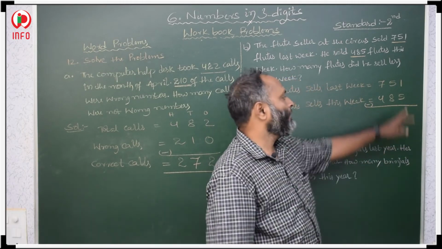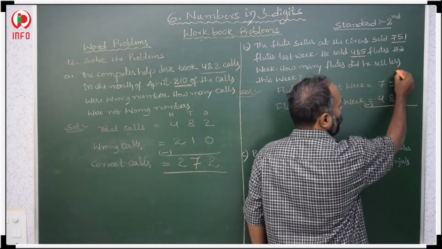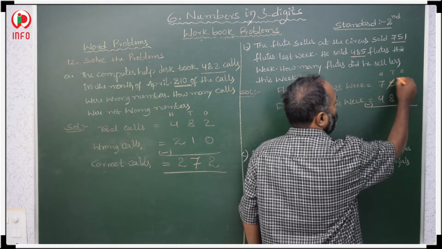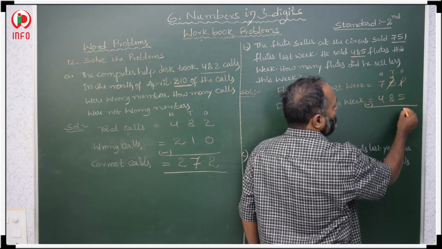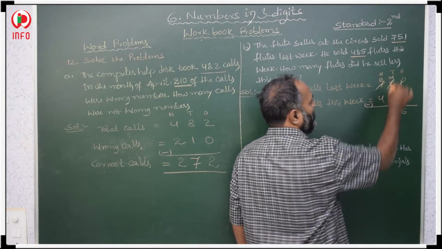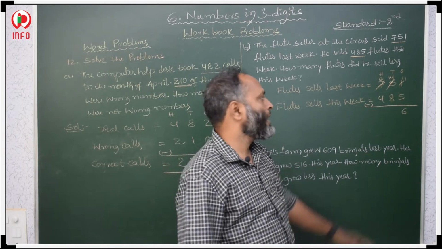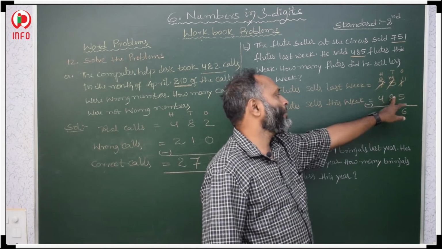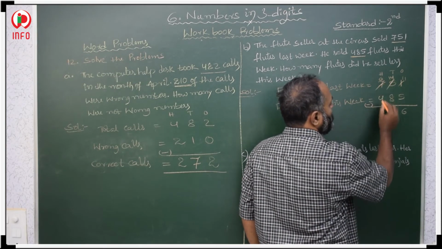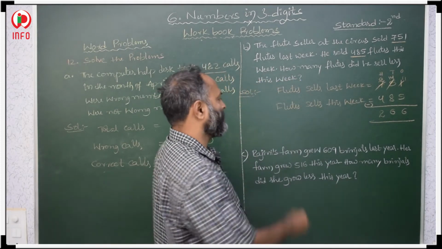Then 1 minus 5, it's not possible, we have to take borrow. See this ones, tens and hundreds. So here it will get 11 and here it will get 4. 11 minus 5, 6. 4 minus 5, again we have to take borrow, here 6, here 14. So here we will decrease 1 and there we will increase 10. 14 minus 8 is 6. 6 minus 4 is 2. 266 less flutes.